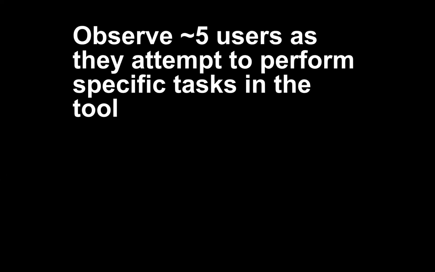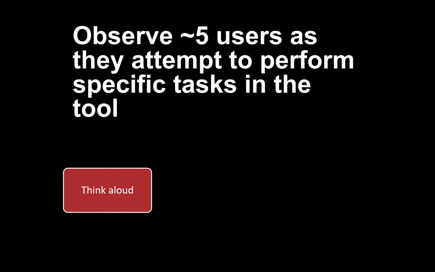Our goal, like most usability testing goals, or at least qualitative testing goals, is that we observe 5 users as they perform specific tasks in whatever it is that we're building, to find out what needs fixing. While they're performing these tasks, we ask them to think aloud as they go through the task so we can understand why they clicked on something, what they were expecting to see or what they were expecting the interaction to be, and how they're interpreting other terminology or charts or colors, anything that's on the screen.